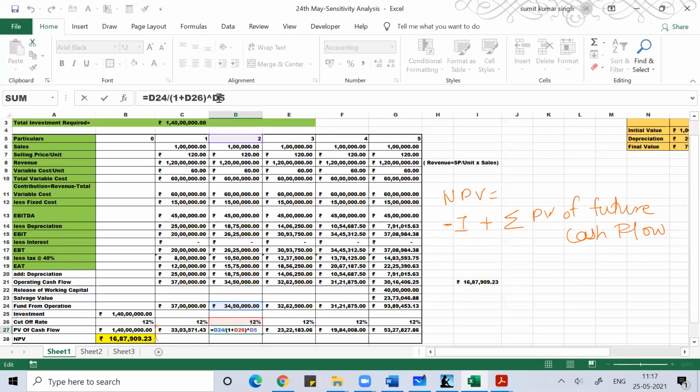So you have to repeat the same steps, and by decreasing the selling price by 5%, your present selling price is 120 rupees. What is 5% of 120? That will be 6 rupees. So decrease the selling price by 6 rupees. If you decrease the selling price by 6 rupees, the selling price will become how much? 114. So if your selling price becomes 114, then find the NPV. The same process steps you have to repeat again. I don't want you to waste my time repeating the same step again. In exam, you don't have any option.